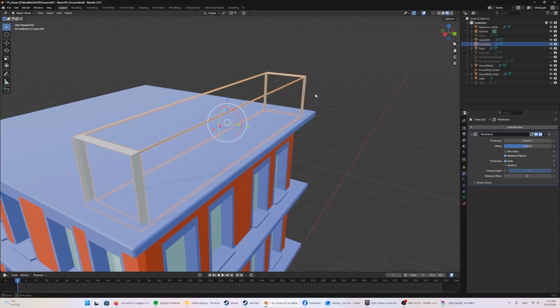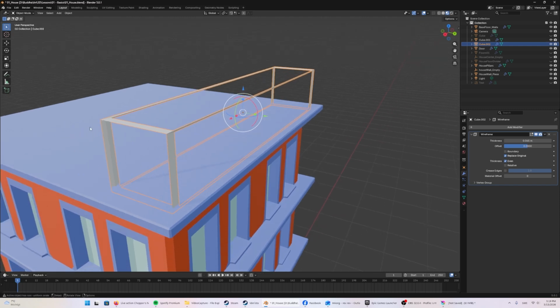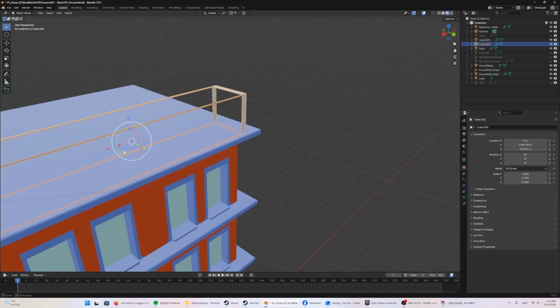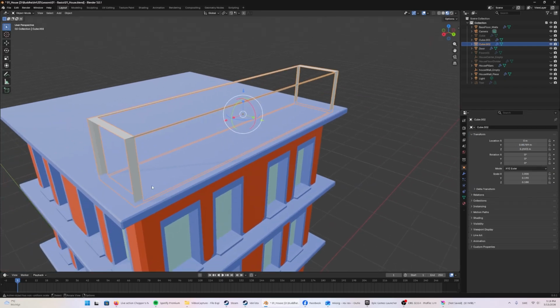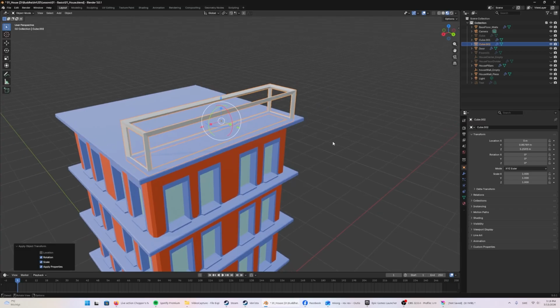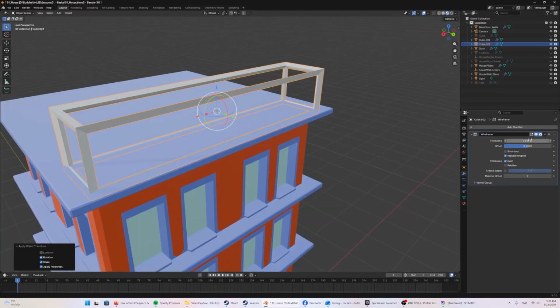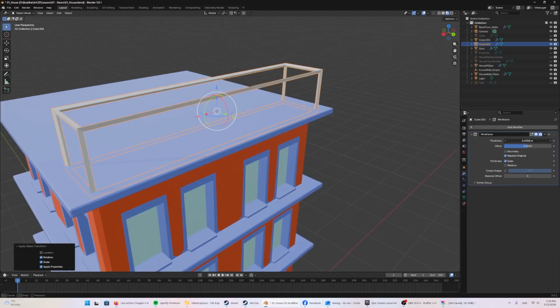Again, the same thing as we could see with the bevel thing is that now that I've been scaling it, it has uneven thickness here at the ends. Again, maybe that's something you actually want, because you want to have like thicker ends, but in this case I'm gonna do rotation and scale. I'm gonna reduce the thickness of it. And now remember I told you that this is based on the